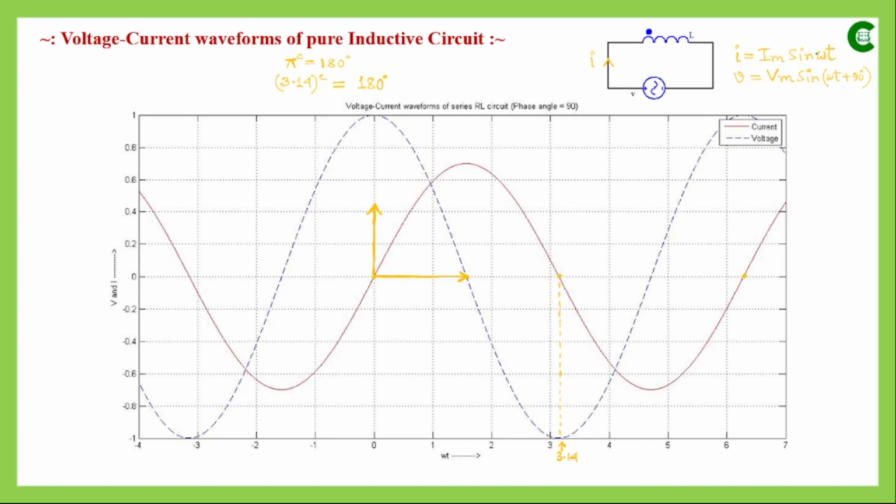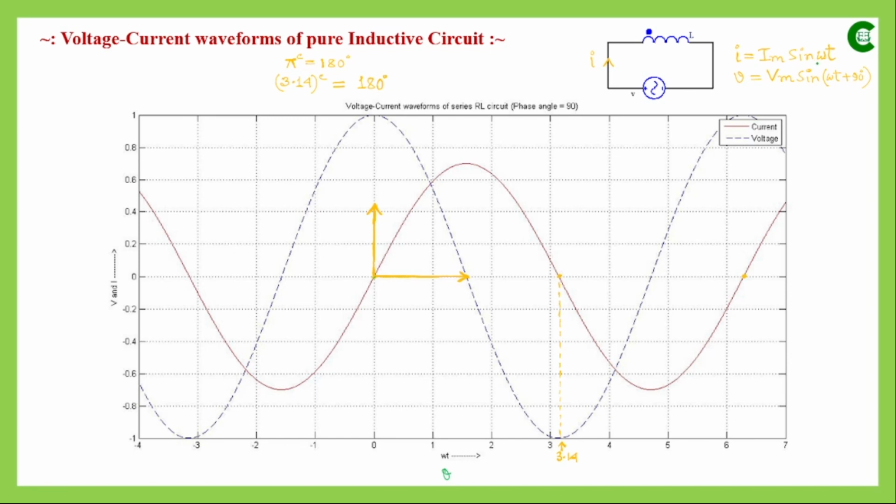Now if we put omega t equal to 0, then the value of that current signal will be 0. So this is the origin where the x-axis and y-axis intersect. The x-axis represents omega t, the angular measure theta we can say, and the y-axis represents the amplitude of the voltage and current signal. Now current has been taken as a reference, and again in my future class I will